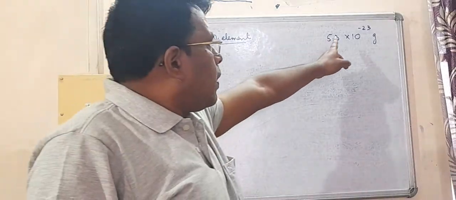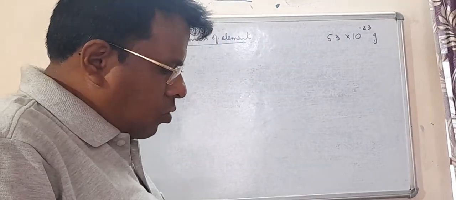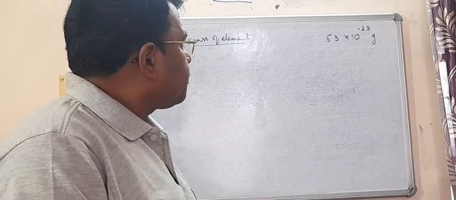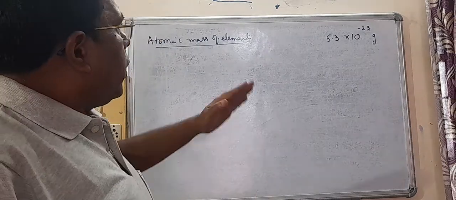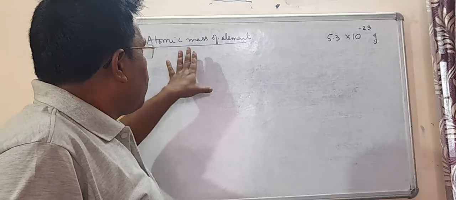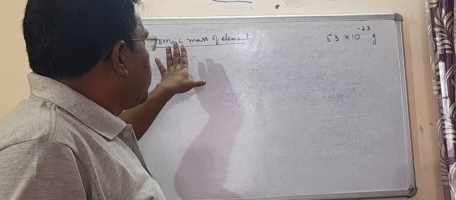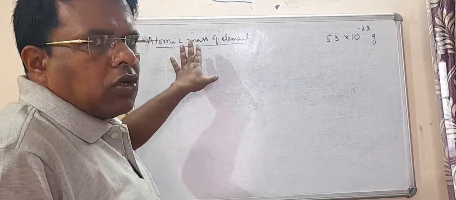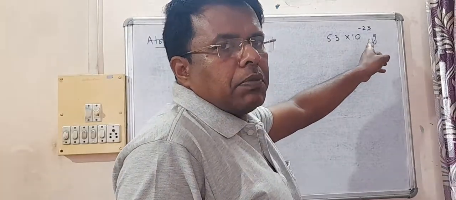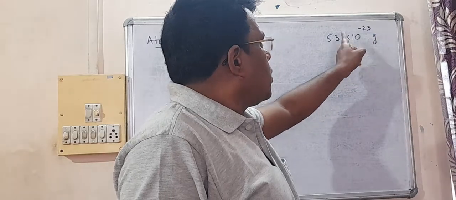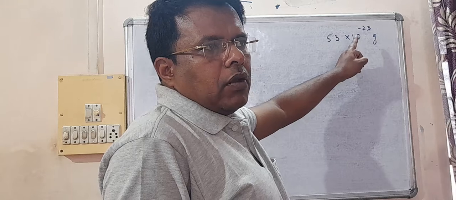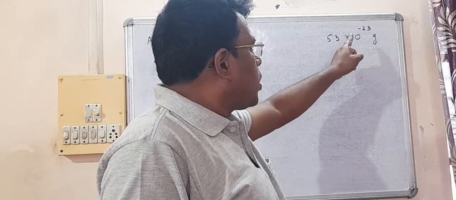Now these values of mass will be very difficult to use in chemical calculation, and that is the reason why we have a term called atomic mass, and I am writing the definition of atomic mass. This is not atomic mass. Let me first tell you clearly. This is the mass of one atom of an element.